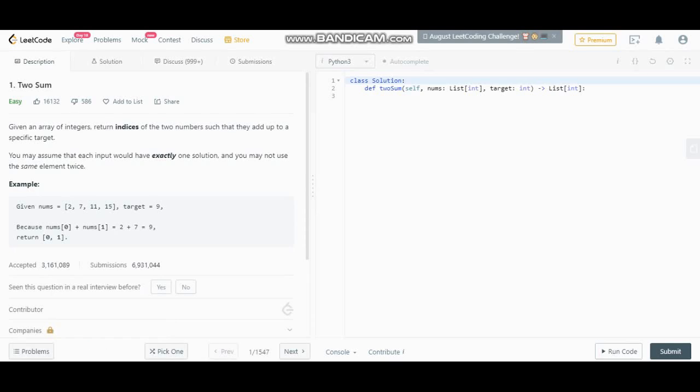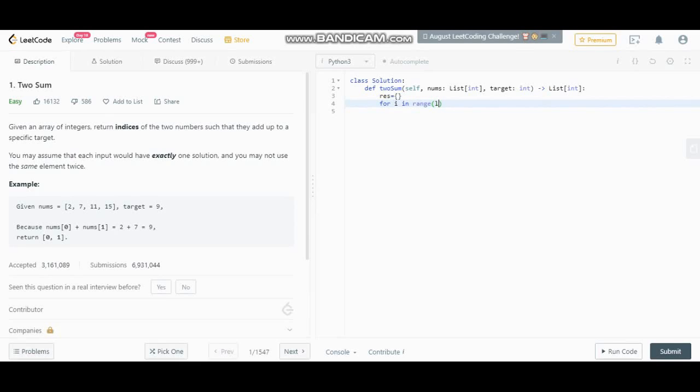Okay, now I'm using Python 3. So first of all we need to store the intermediate value in a dictionary. I will show you how. So I'm declaring a dictionary. If you are using some other coding language like Java, then you can use a map or some data structure similar to a dictionary. Then we need to iterate till the length of the list.